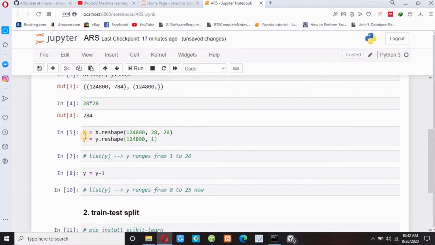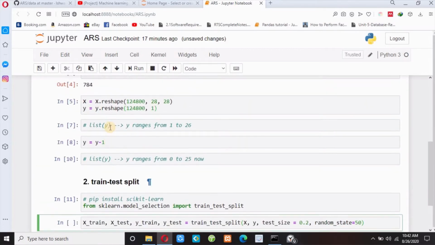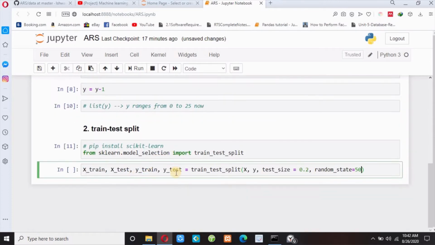So this x into x_train and x_test, and this y into y_train and y_test. Test_size equals 0.2 means 20% for testing images and the remaining 80% for training data. And this random_state means you can pass any value you like here. So you need to separate your data into training and testing part. Now let me execute this cell also.